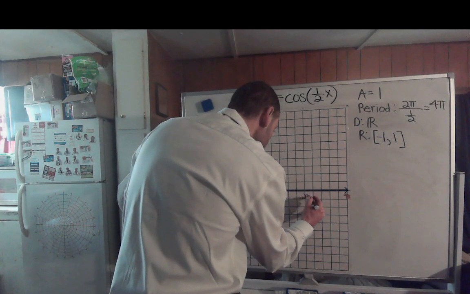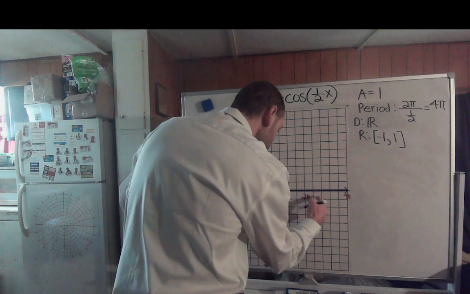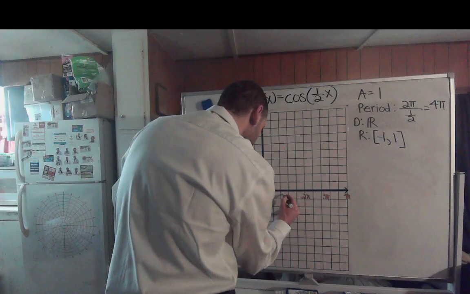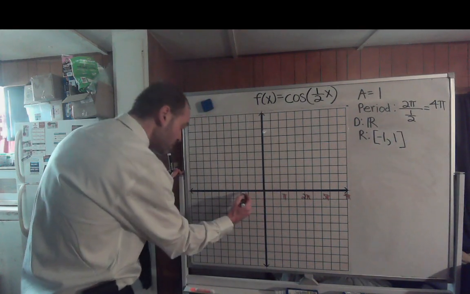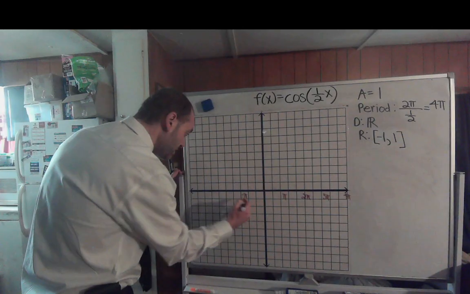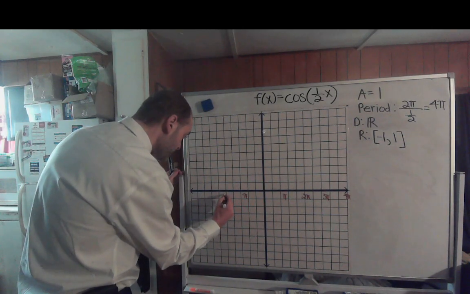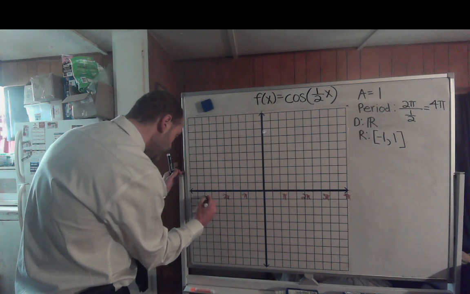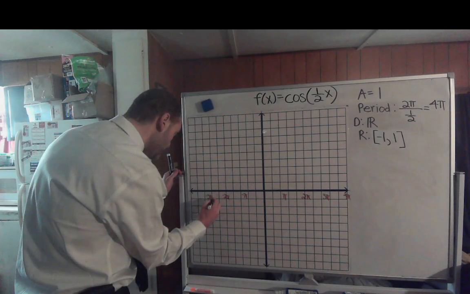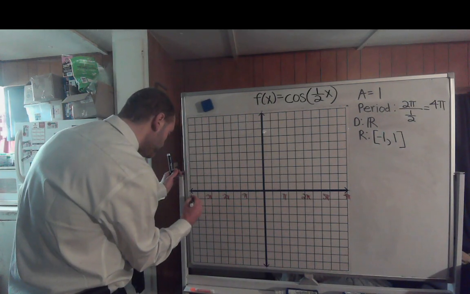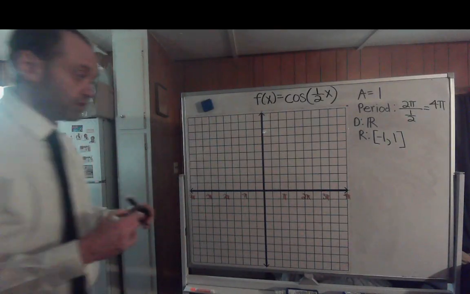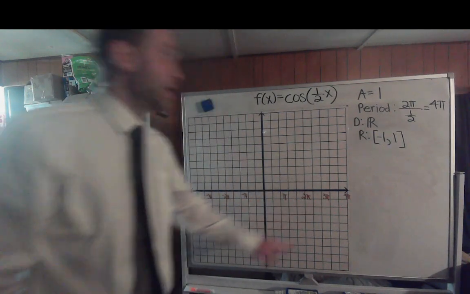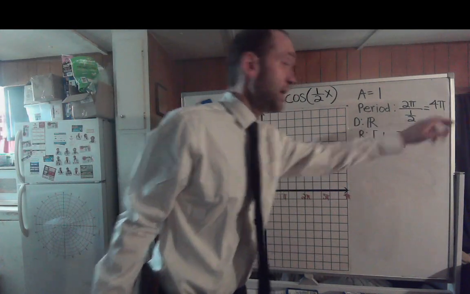There's 2 pi, 4 pi. Here's 3 pi. Here's pi. Negative pi, -2 pi, -3 pi, and then -4 pi. So we have longer periods here. We go from -4 pi all the way to 4 pi, but one period is 4 pi, so this still